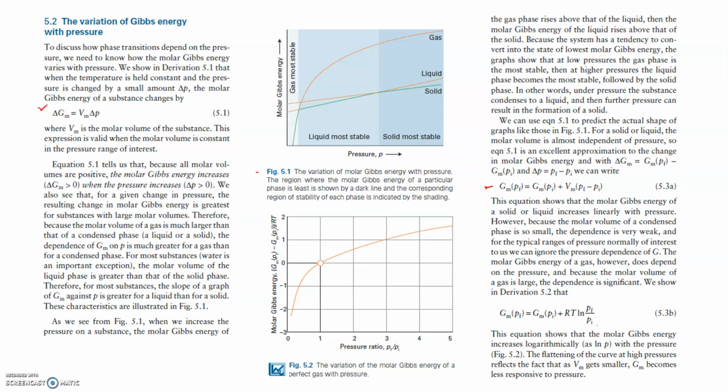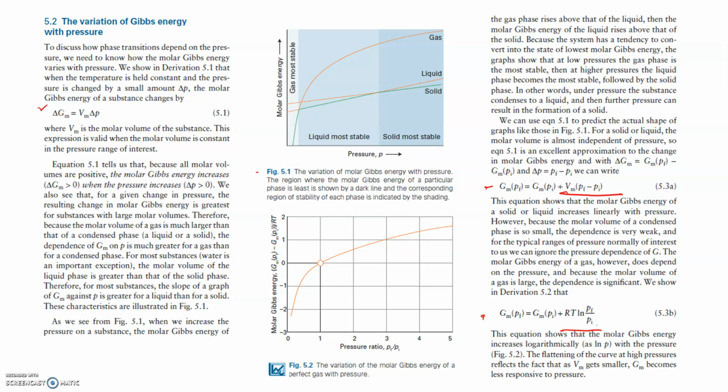The molar Gibbs energy of a gas, however, does depend on pressure. And because the molar volume of gas is large, the dependence is significant. With that, we have another derivation, shown below, where the term which includes the molar volume is replaced with RT ln(Pf/Pi). This equation shows that molar Gibbs energy increases logarithmically, as a natural log of pressure,